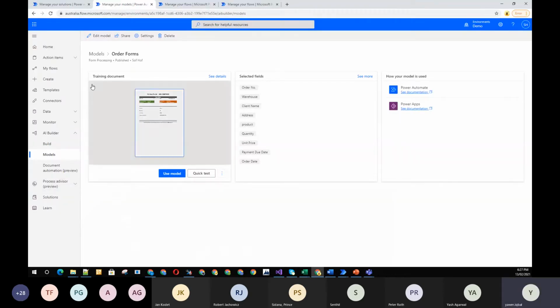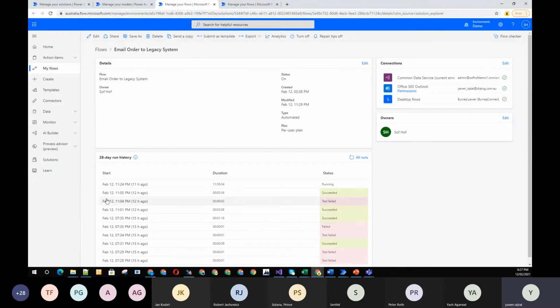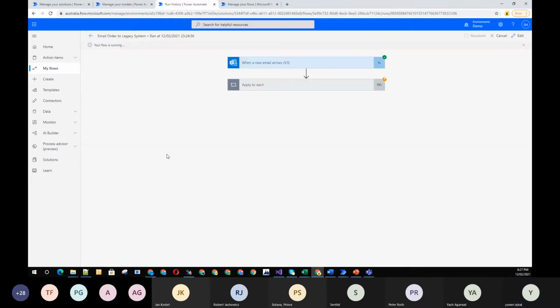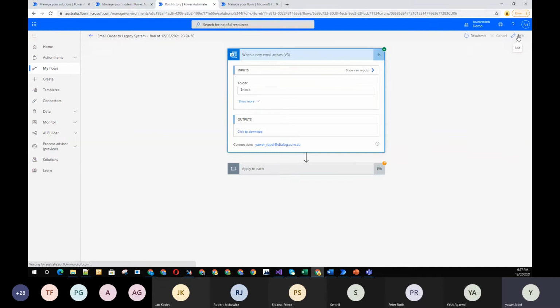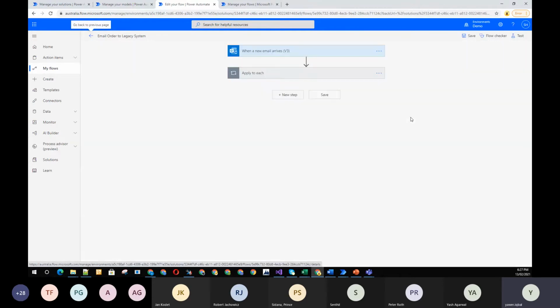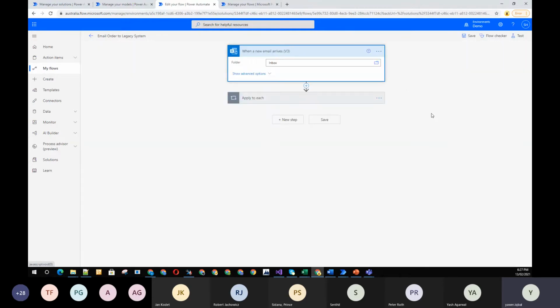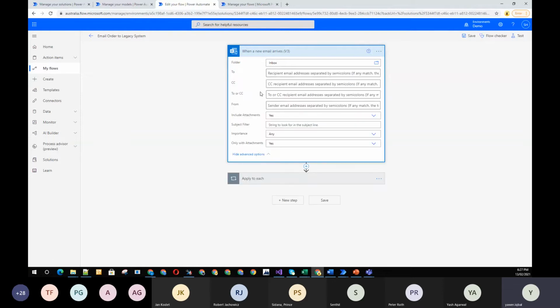So if I go to email order to legacy system, yes. So basically my cloud flow was triggered when it was looking. Maybe I should go to edit mode so I can explain it in more detail. Basically it is listening to my mailbox, and it will trigger only if that email includes an attachment. And for every attachment,